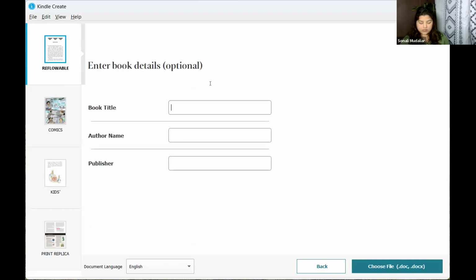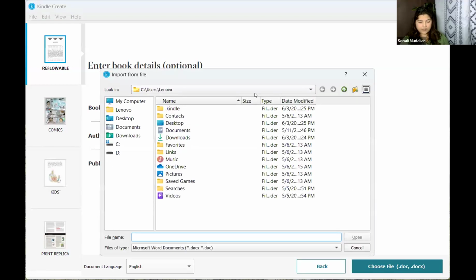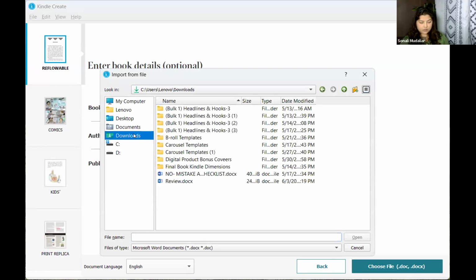So what is it? 7 Marketing Mantras, right? And what's his name? Tarun Madhavan. Okay, and then I say choose file. I'm going back to my downloads and I have this review doc. I say open and it is importing.